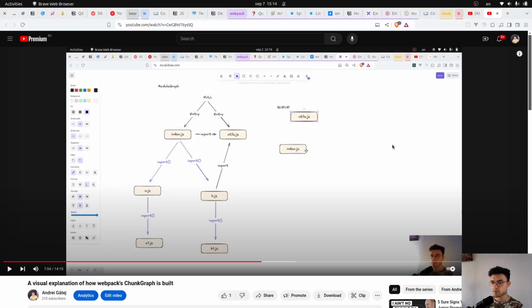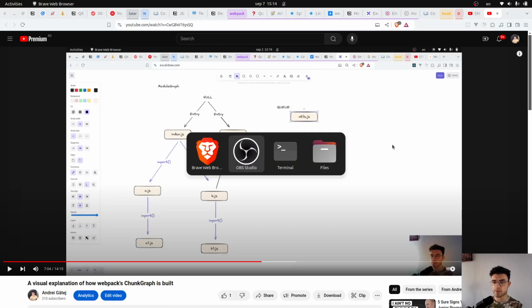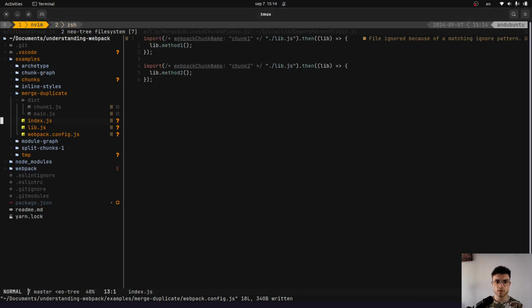So in a previous video I talked about how chunks can be created from the module graph, but in this video I would like to highlight some problems that can occur when chunks are created, or to be more specific, after chunks have been created. So the problem in this video is about duplicated chunks, and for that I have prepared a small example, which is this one. So we have this index file, which is also the entry file of this little project,